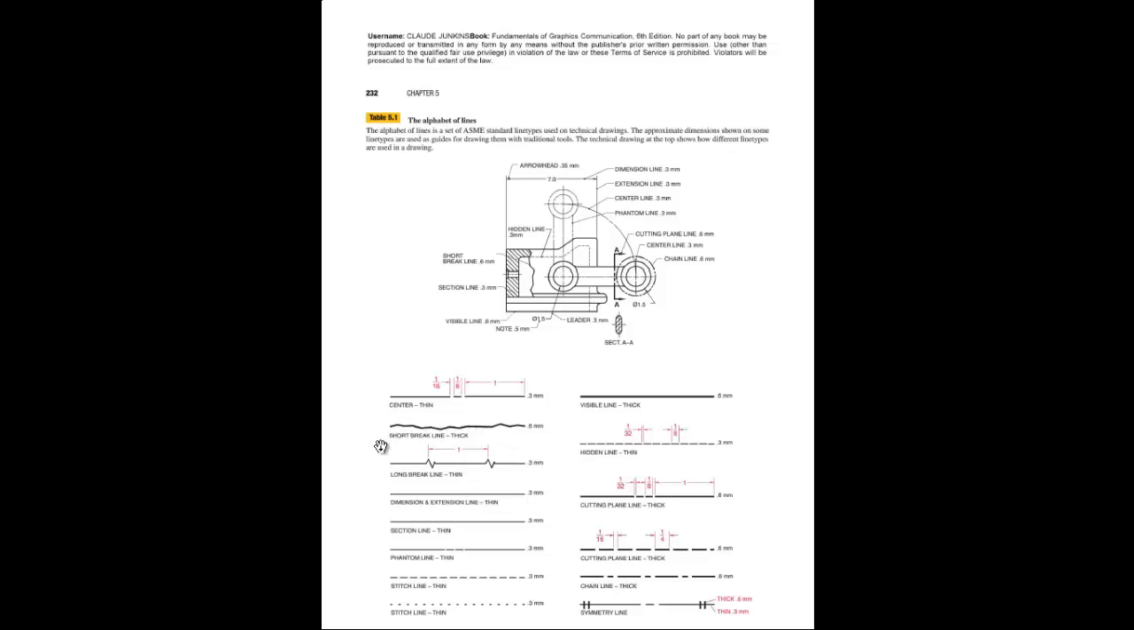These break lines, or if something's too big to fit on the paper, we'd use something like this. Your center lines, they're dark but they're thin. Your dimension lines are dark and thin. Section lines, your phantom lines, you can see the stitching lines, the symmetry, the chain lines are all line styles that we might use. For civil engineers, we also use something called